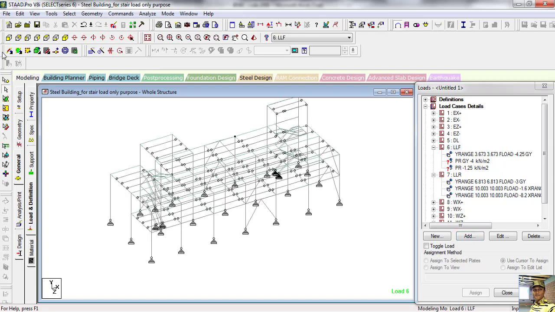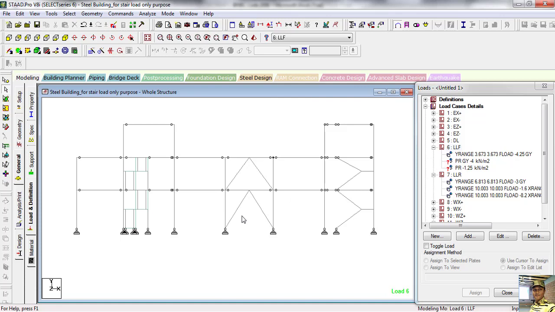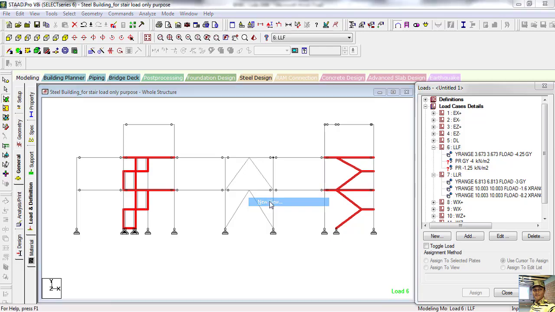So first we go to Z view and select this plate cursor and select all of this, and the same way select this, control, go to new view.